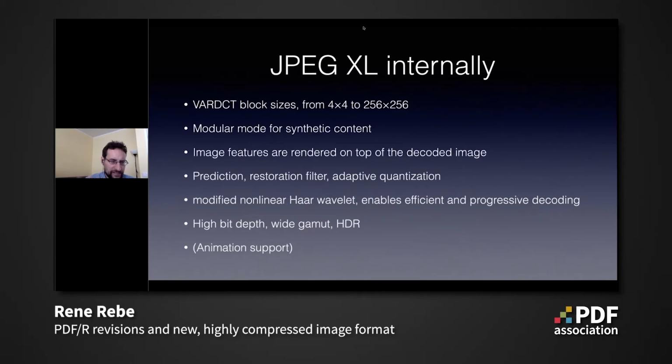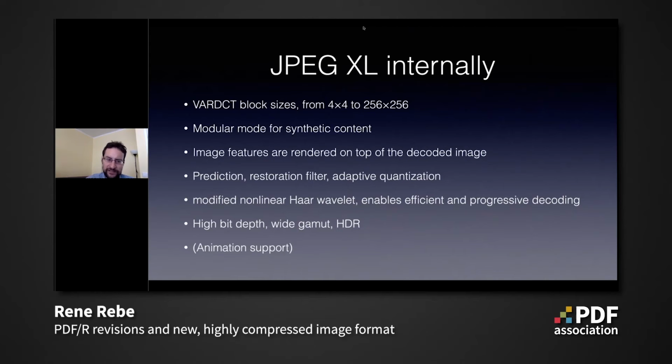As I said, it has what they call variable DCT block sizes. So instead of the 8 by 8 blocks that JPEG uses, which with high compression often looks very blocky, it has variable block sizes between 4x4 and 256 by 256. It is of course very nice that you don't have these JPEG 8x8 blocks resulting in very blocky images. These are the two main encoding modes. Variable DCT is one. The other is modular mode, especially for synthetic content,